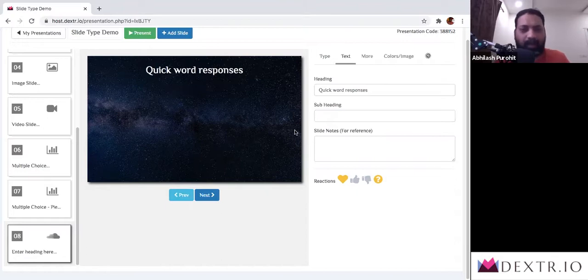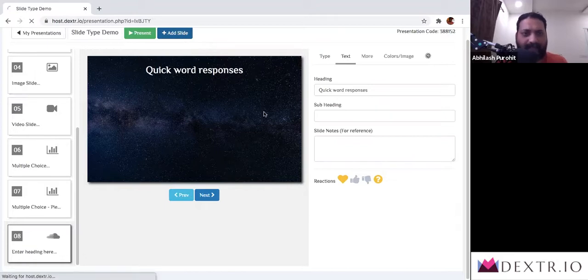What is going to happen now is when this slide is being presented to your audience, they are going to see a form in which they can type and send a response. When we're doing the full demonstration of this, you will see how when people contribute to it, the text appears on various screens. A quick word is a type of screen in which you are asking for people to type their answers rather than select an answer like in multiple choice.